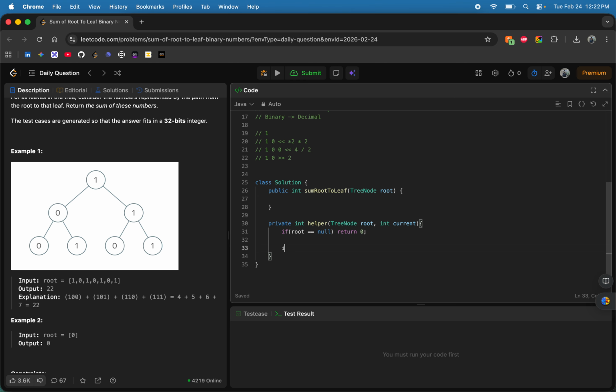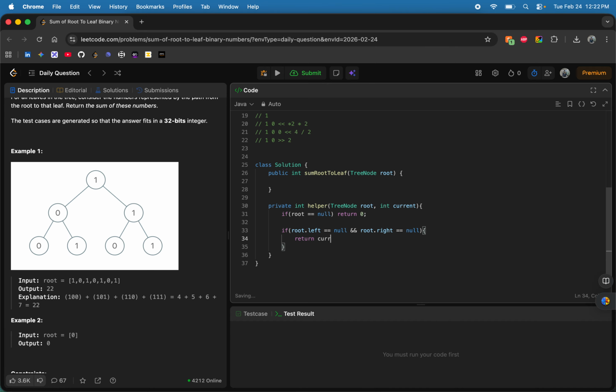If root dot left is null and root dot right is also null, that means we have encountered a leaf node. So that means return current